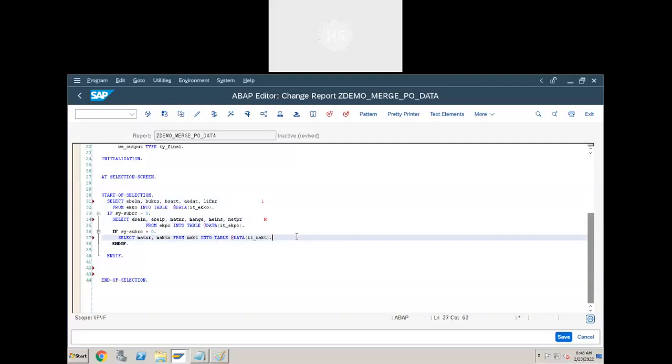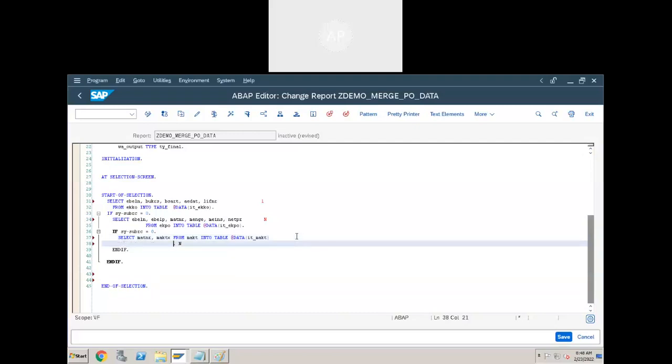N number of records, but in the text table, we're not going to select all the records. We're going to select only a specific language record based on the user login language. That is where spras equal to sy-langu.